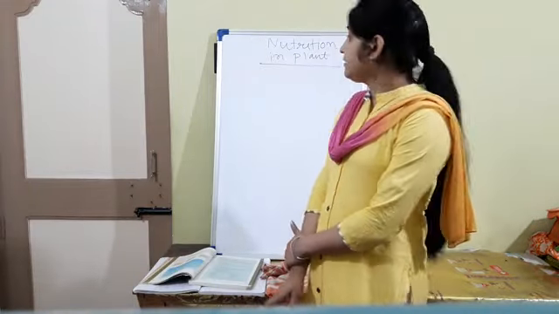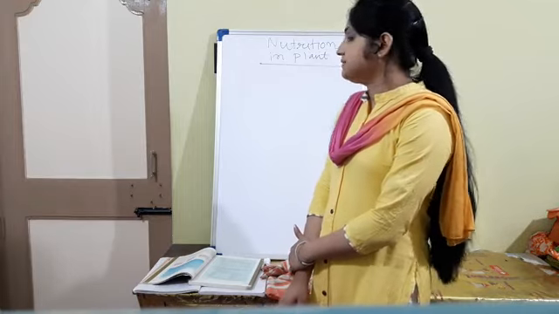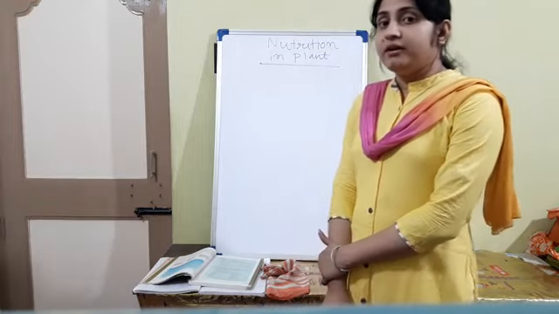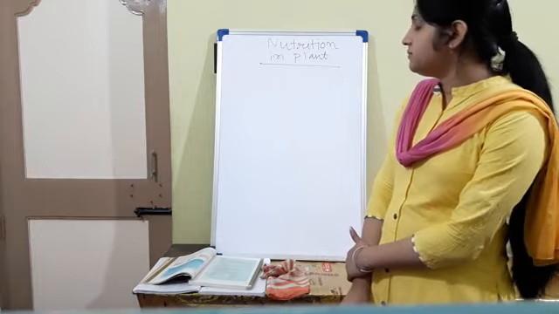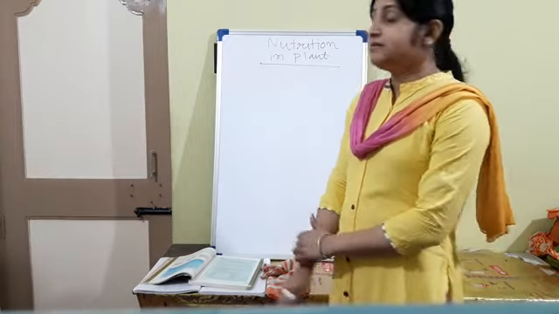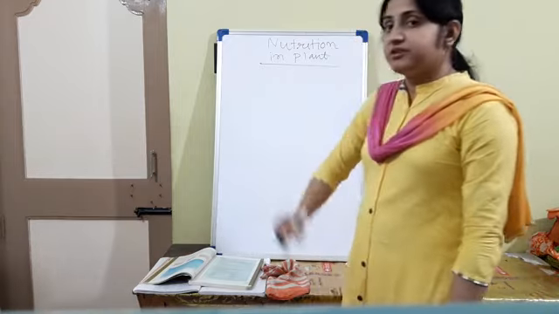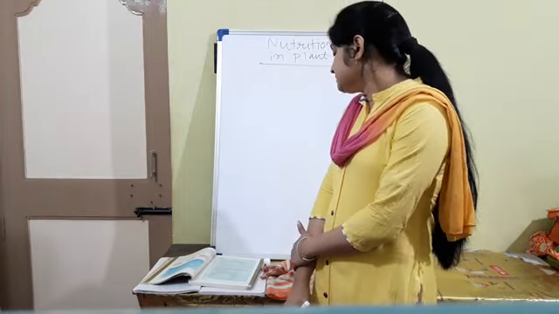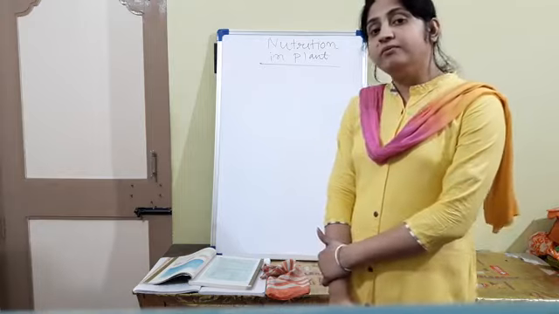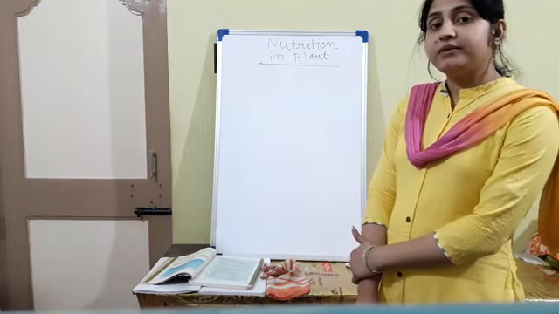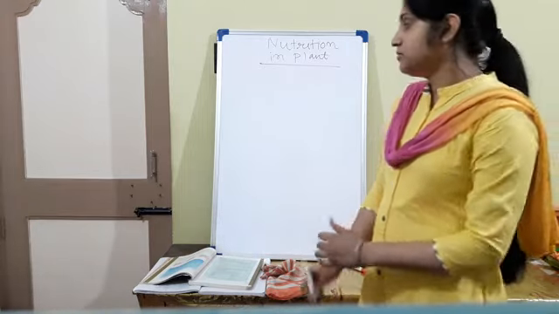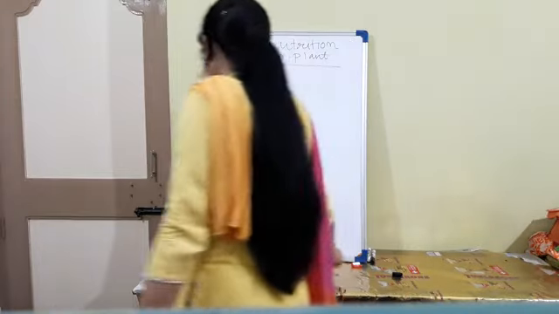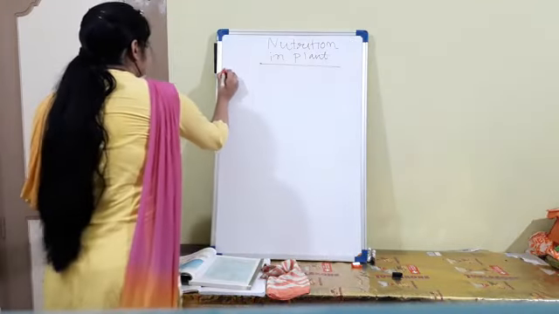Today I will take the class 7 science class. I will discuss the rest of the part of the exercise. The chapter name is Nutrition in Plants. In our previous video, we discussed up to question number 4. So today we will start from question number 5. What is question number 5? That is,